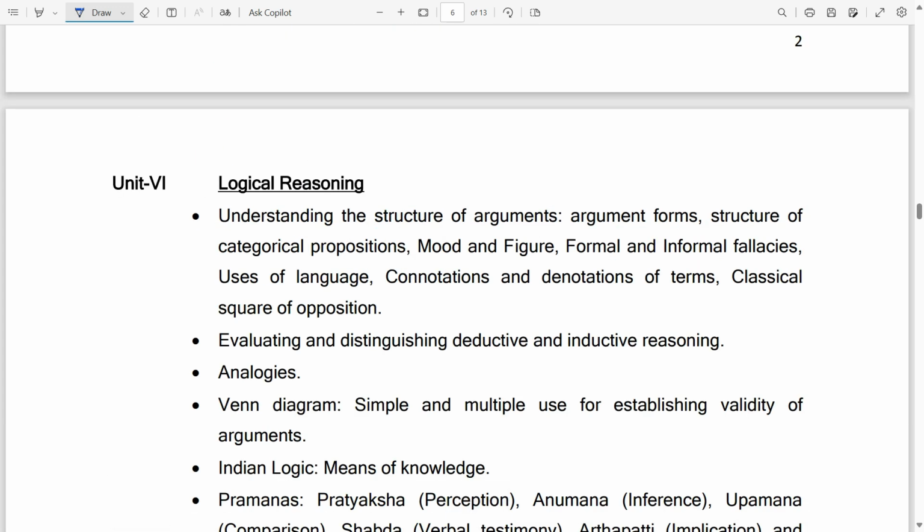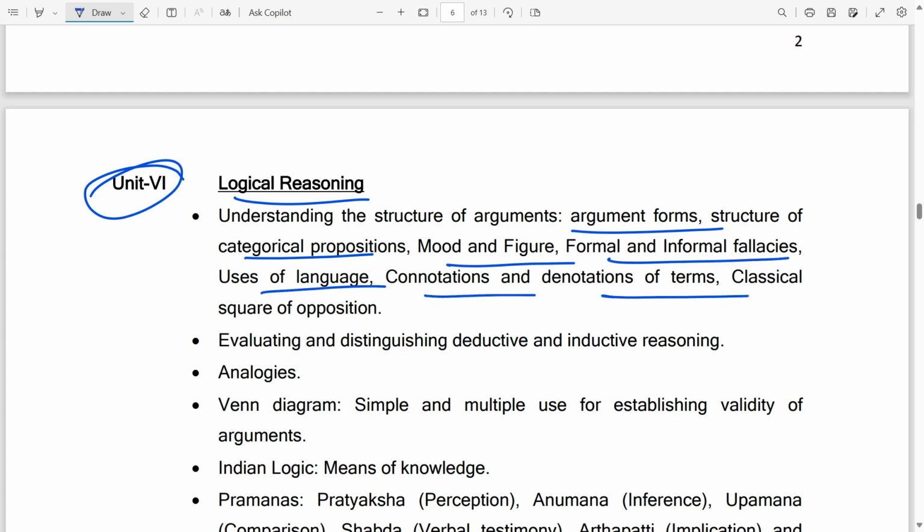Coming to the next, Unit 6, logical reasoning. You know what comes in logical reasoning: argument, structure of categorical proposition, mood and figure, formal and informal fallacies, language uses, connotations, denotations, classical square of opposition, evaluating and distinguishing deductive and inductive reasoning, analogies, Venn diagrams, simple and multiple, which you are reading for every other competitive exam. Indian logic, means of knowledge,